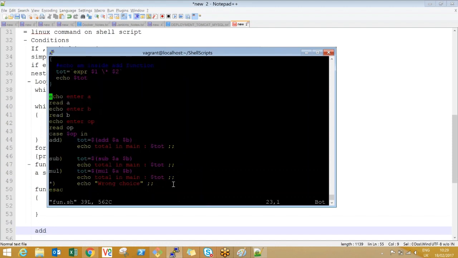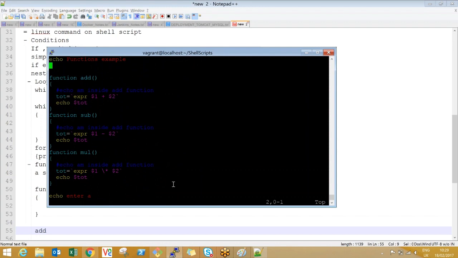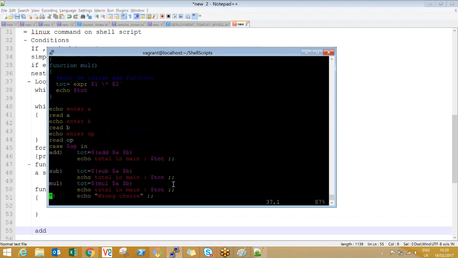This is my program with functions. Did you see this? The same thing we did without functions also. The only thing is the main addition logic is not there. It is within the function. So the actual logic we can transfer to the modules and we can make use of the functions like this. This is the functions concept in shell scripting, guys. Main function call with parameters, function call with return type.